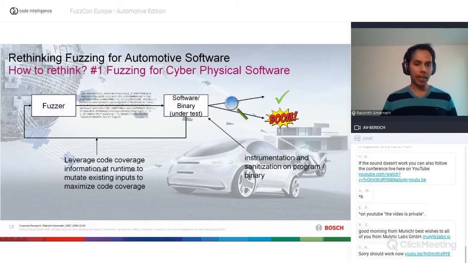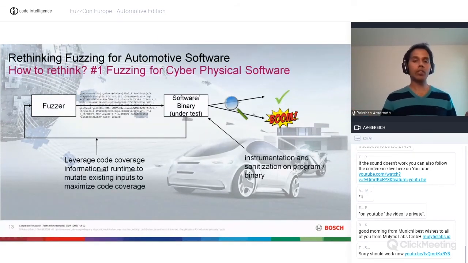During runtime, such information is made available and can be leveraged to use code coverage information, to mutate existing inputs and maximize code coverage. Traditional fuzzing from the IT domain, or fuzzing for traditional software, happens mainly on PC, right?